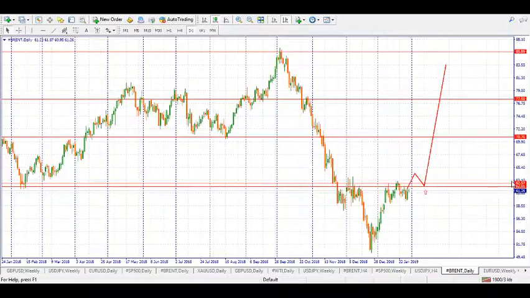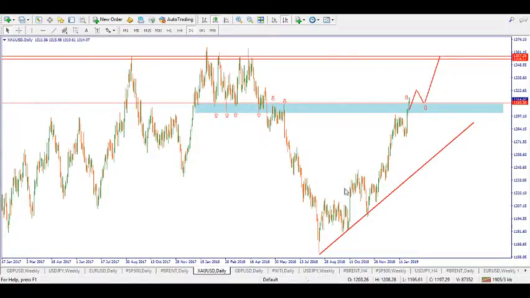So we'll move to the next chart, which is gold. And gold, nothing has changed much. We are still actually looking for a buy. We have this zone here, which was broken yesterday. We actually closed above it. We want price to extend slightly higher, retrace back down, then we'll pick a buy from within this zone up